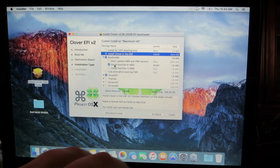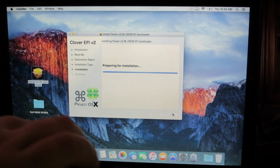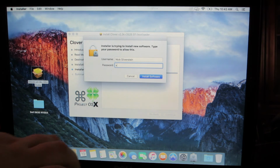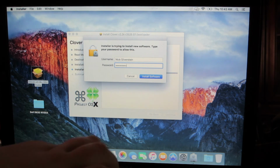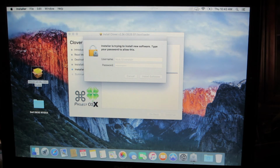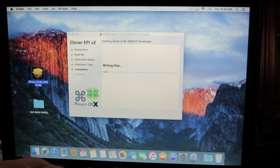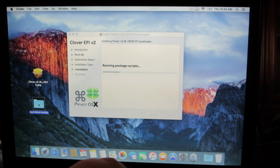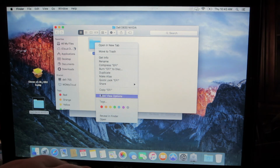And then the second option here. And then just hit install. And type in your password. Okay. And then just wait for this to finish, and then while it's finishing, go into this folder, go into EFI, right click, copy that,